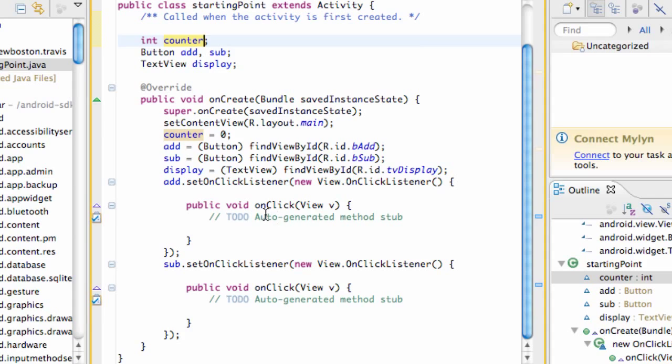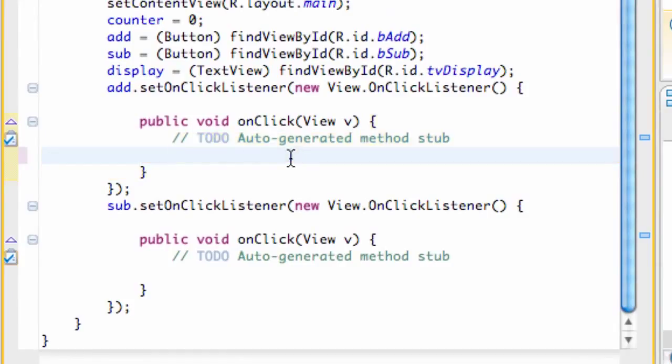So let's set up whatever is within our onClick for our add button. We're going to do that within this onClick method, again, these two brackets. And when our application starts, our counter starts at 0. So what we want to do is when the add button is clicked, we want to add 1 to this counter variable. So we're going to say counter, and we're going to set this equal to,